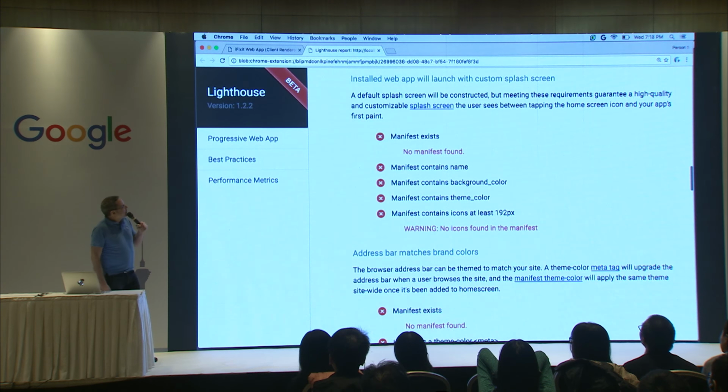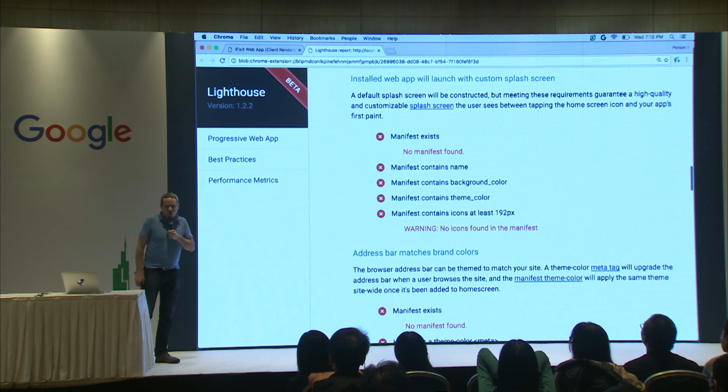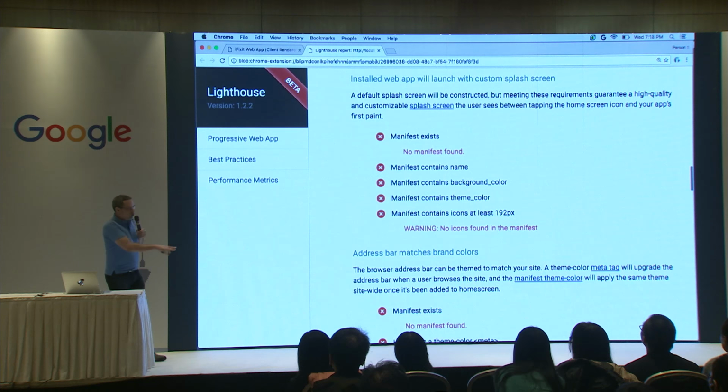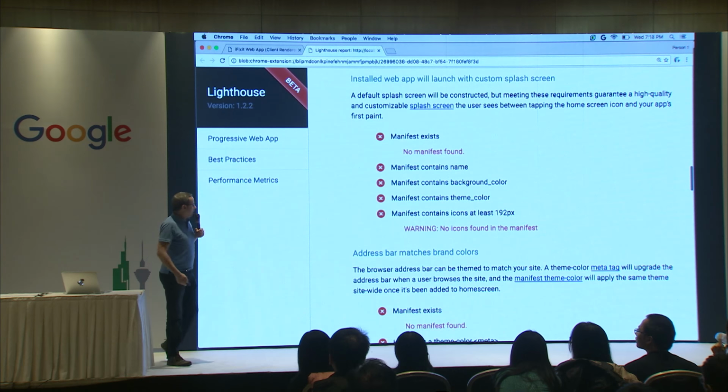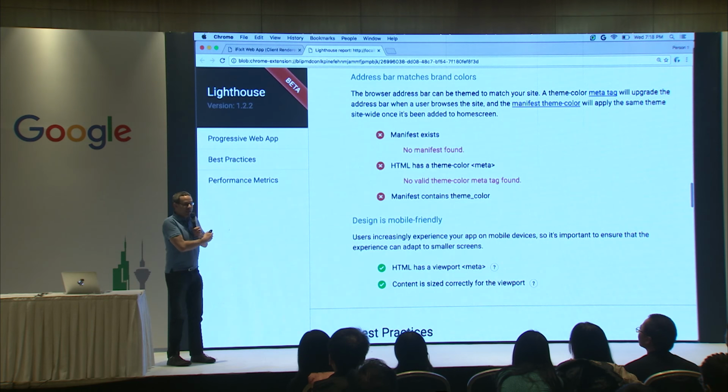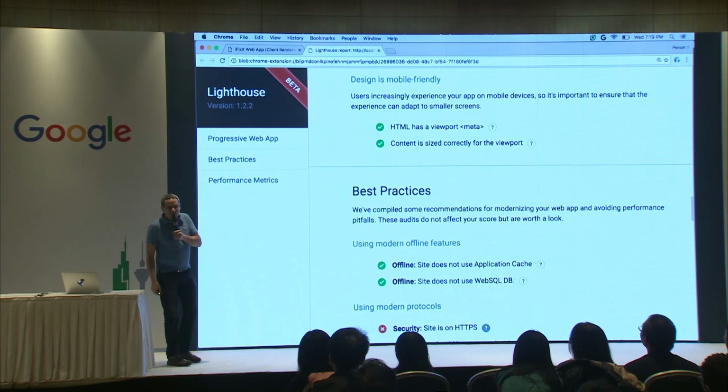And then finally, installed web app can be launched from the splash screen. So it's checking for a bunch of things here. So this is another easy one for us to fix. Sam showed us earlier how we can go add that manifest, and we're going to go add a manifest today. And then address bar matches brand colors. The design is mobile friendly.